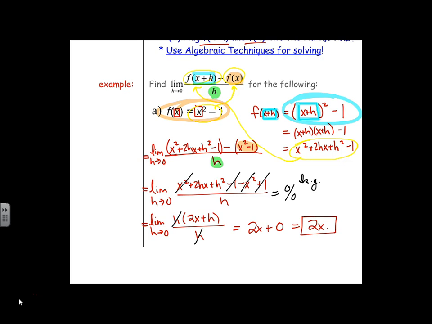Karina caught this yesterday. She was like, hey, there are h's on both the tops. So you told us to do what? Factor that h out? Yeah, reduced, it's gone. Plug it in. Now, why was there an x remaining? Yeah, h is approaching 0, so